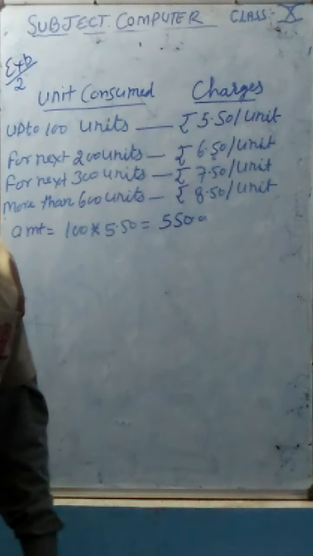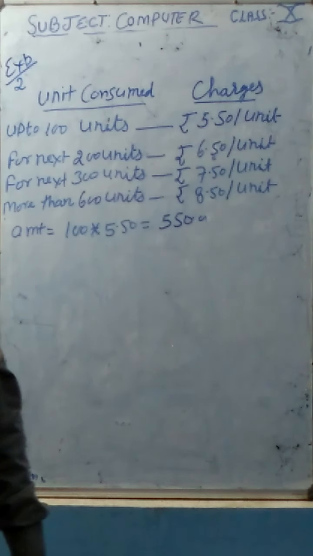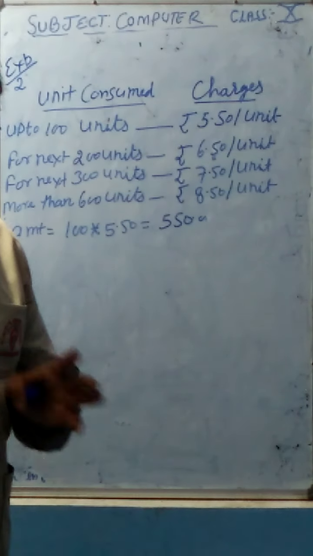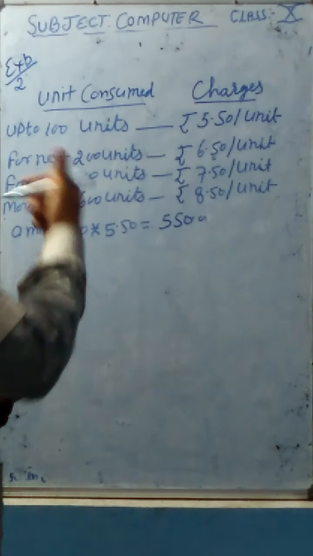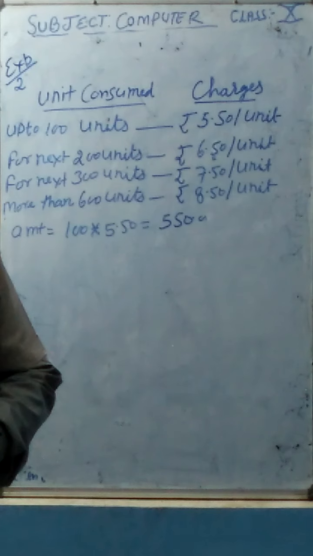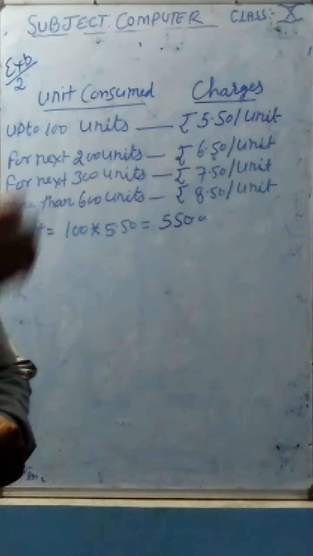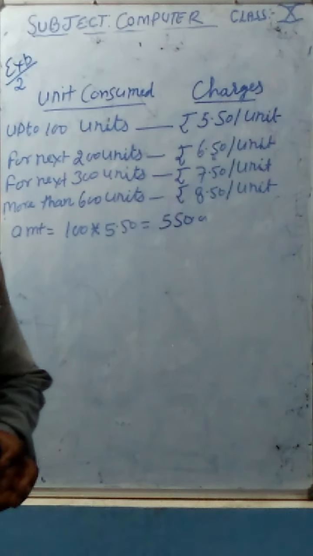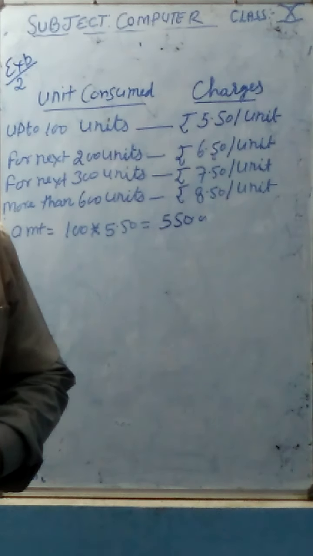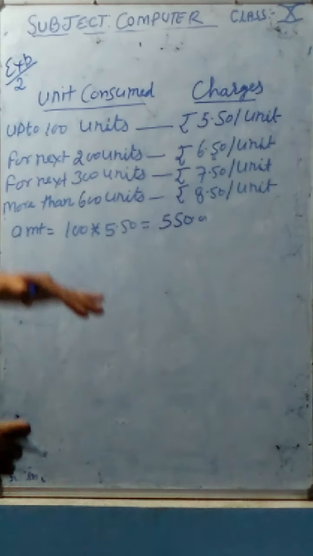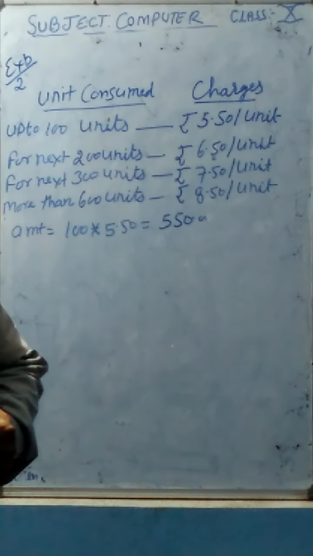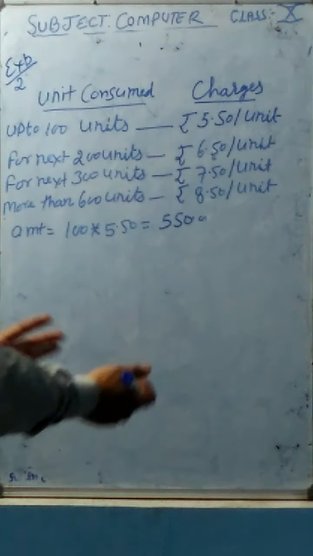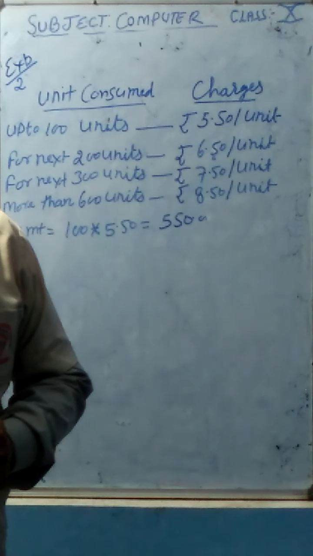Generally, all the persons know about the electricity bill, but they don't know how to calculate it. Generally, you see the consumer name, consumer number, amount to be paid, and how many units you consumed. But they do the calculation like this, and the same you have to perform with the help of the program.